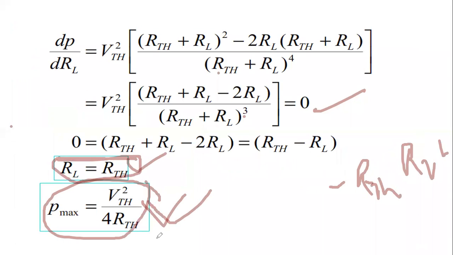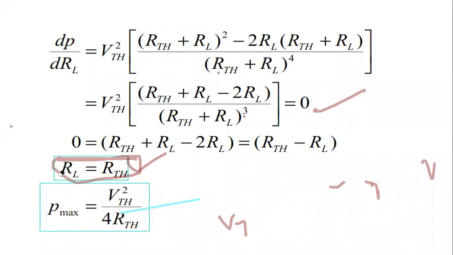So for maximum power transfer theorem, you don't have to do anything new. You have to again apply Thevenin theorem. You have to find VTH, you have to find RTH. So the maximum power transfer theorem is similar to Thevenin theorem. You have to find RTH and VTH, and then only you can apply the maximum power transfer theorem. If this derivation is clear, that is the statement of maximum power transfer theorem.